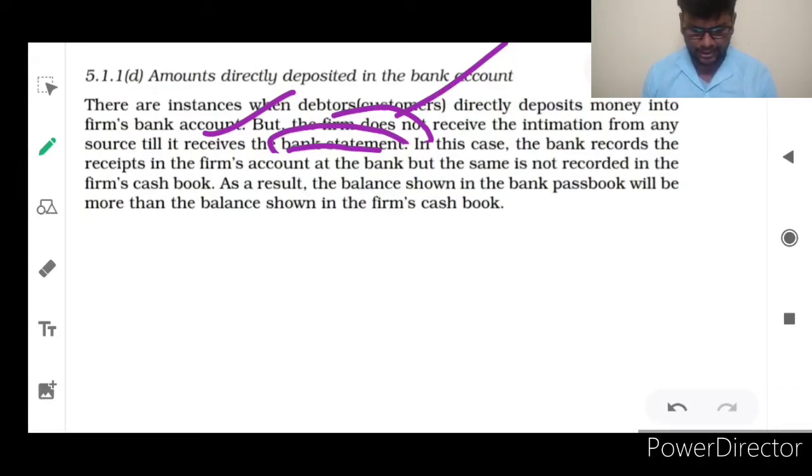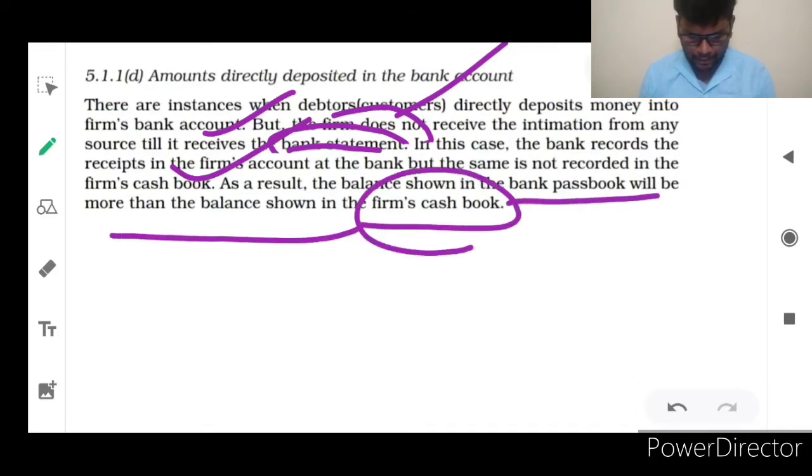In this case, the bank records the receipts in the firm's account at the bank, but the same is not recorded in the firm's cash book. How would we know? We are not God. What is happening around us, we don't know. So when we come to know from the passbook, that time only we realize, yes, our amount is credited. As a result, the balance shown in the bank passbook will be more than the balance shown in the cash book,